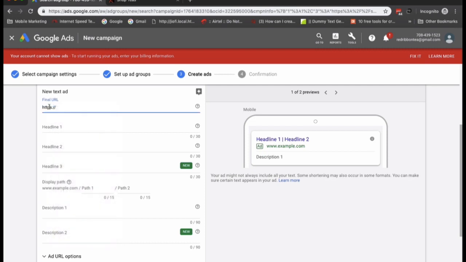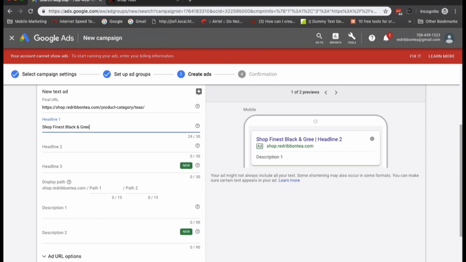So remember, the first headline gives you an opportunity to invite your user to click on your ad, and the second line is a second opportunity to invite the user to click on your ad. The description is the last chance that the user will decide upon to click on your ad or not. So I'm doing the ad copy for demo purposes. However, it is important to have a professional copywriter or professional Google Ads copywriter to help you with the same.